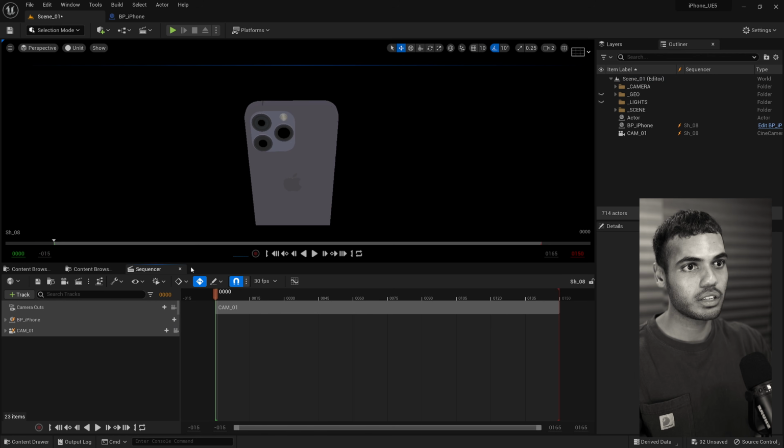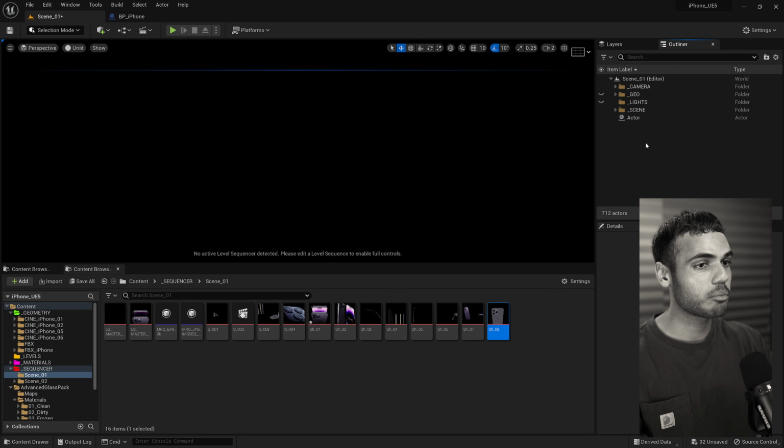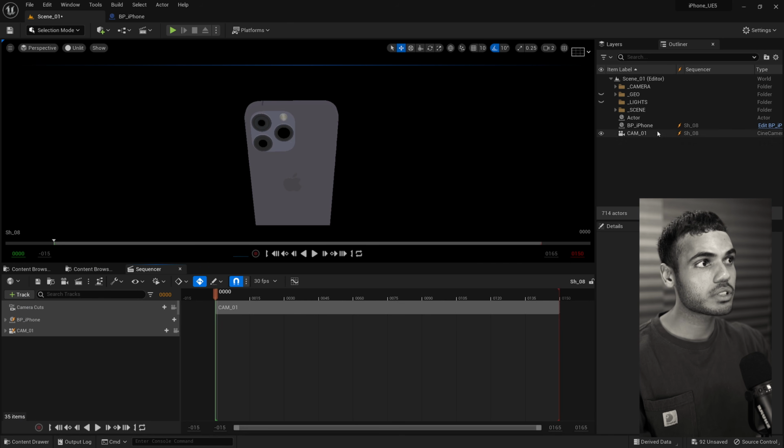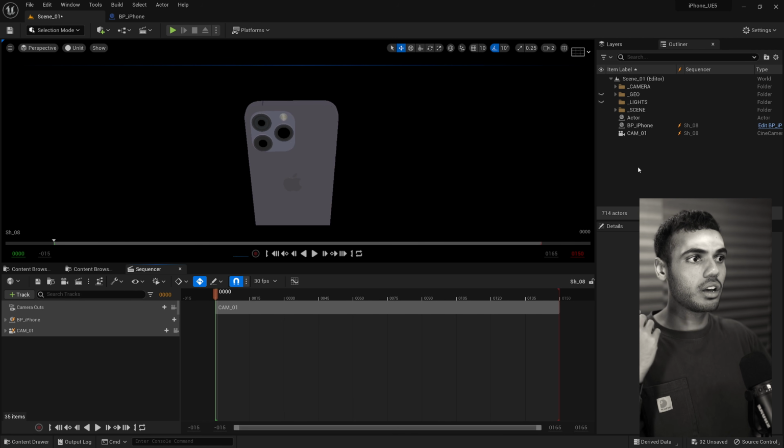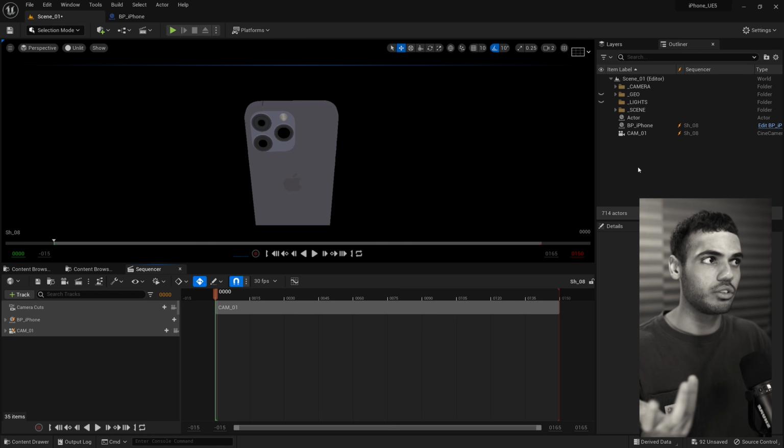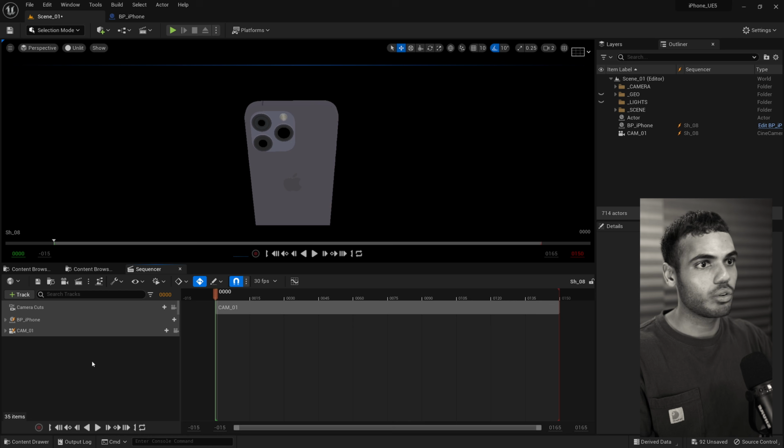And if I save this and close it, you'll see now my camera and my iPhone all live within this one sequence. So it helps really keeping your scene very clean and organized without having to worry about reusing or jumbling up different lights or phone models that you're using, and you don't have to create a million copies of one thing. So really good for this type of animation where it's all previs and you're not sending this off to a production film studio where you need to bake lights and all that stuff.